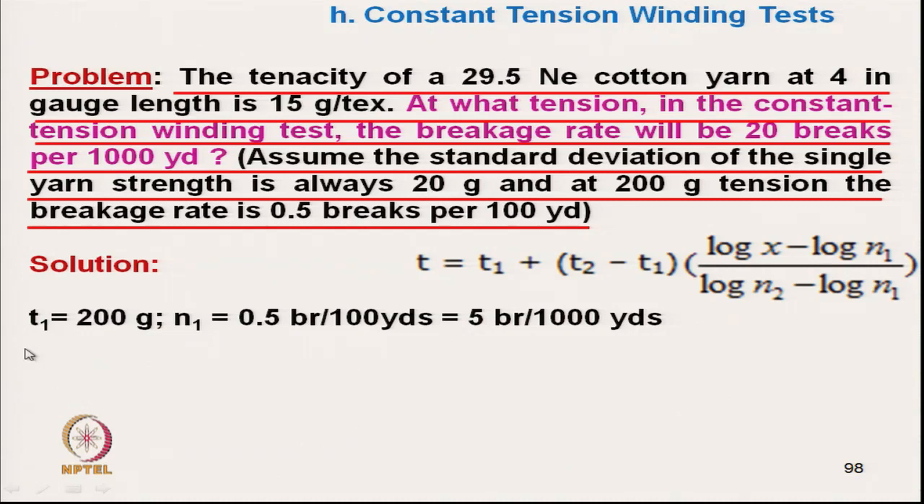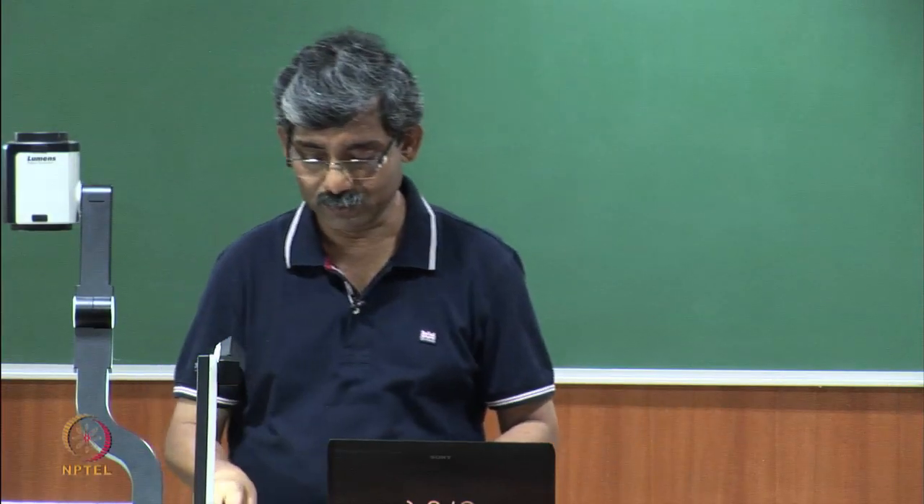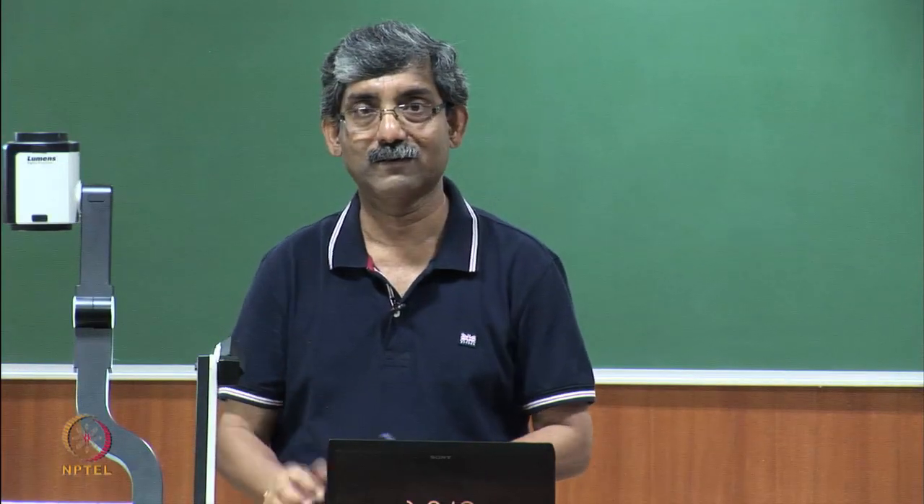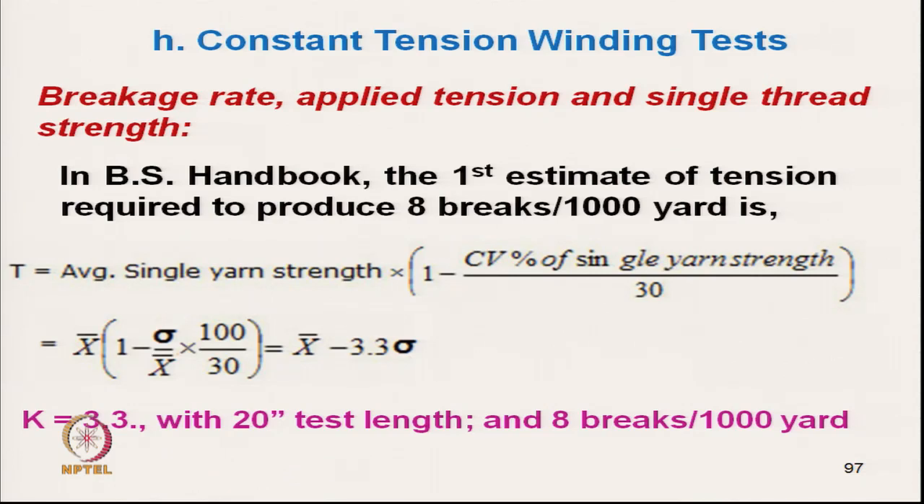To get, because we have to have 2 data points. So, one data point is straightway given, now we have to find another data point. Now, for that data point there is some clue given here. Tenacity is given at 4-inch gauge length, it is 15 gram per tex. That means 15 gram per tex is a static mode of tension, static mode. So, the equation which we know, we have shown in an earlier slide in the static mode,